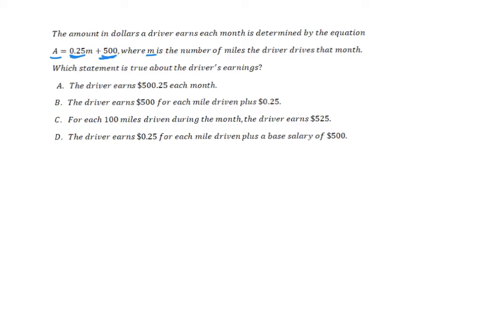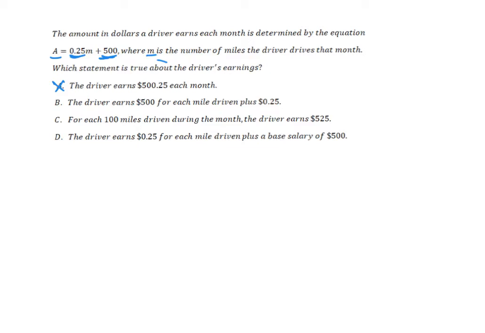We have A, the driver earns 500 and 0.25 each month, and that's not true, because the driver can get 525 if the driver drove only 1 mile. That would be possible, but we don't know how many miles here. So there's no way A will be right. And B, the driver earns 500 for each mile driven plus 0.25. Well, that's absolutely wrong,